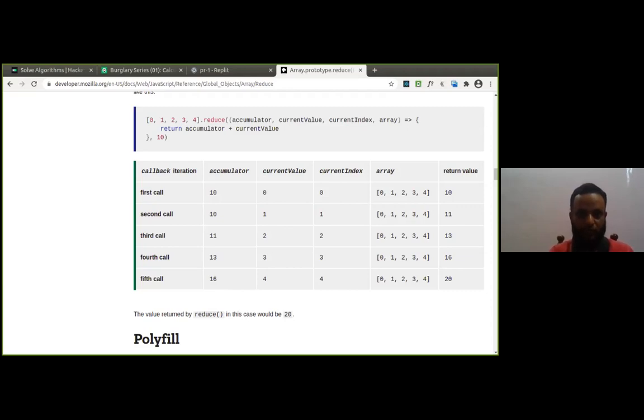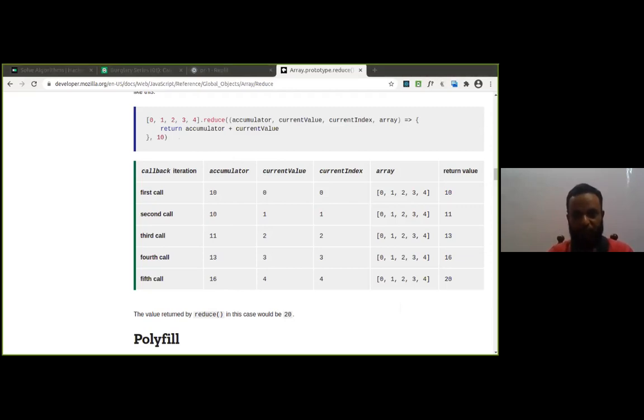So when you are adding, the return value is how much? 10 plus 0 is 10. Then in the second call the accumulator is again 10. The current value is the next element taken from the array. So the resultant value is 11. We have returned the value. For the third call, the accumulator is 11. 11 plus the next element is taken. Like that, you are going to add.